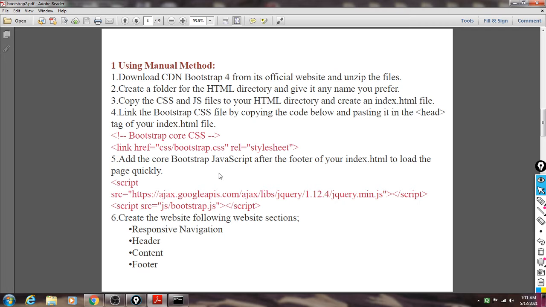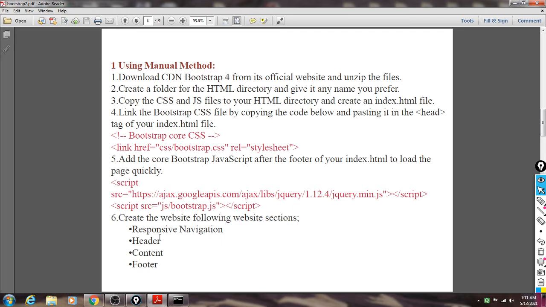If you want to include the JavaScript, you can include it in the footer of your HTML script. This is the link which we can copy at the footer of the index.html, and this is the CSS file, which we can copy in the head tag.